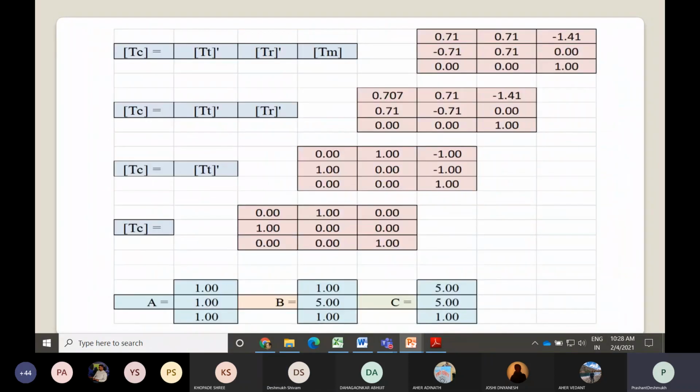So this is just showing the multiplication, and after multiplication, you will get this transformation matrix CT is equal to like this. You will get the coordinates. You will get the coordinate A